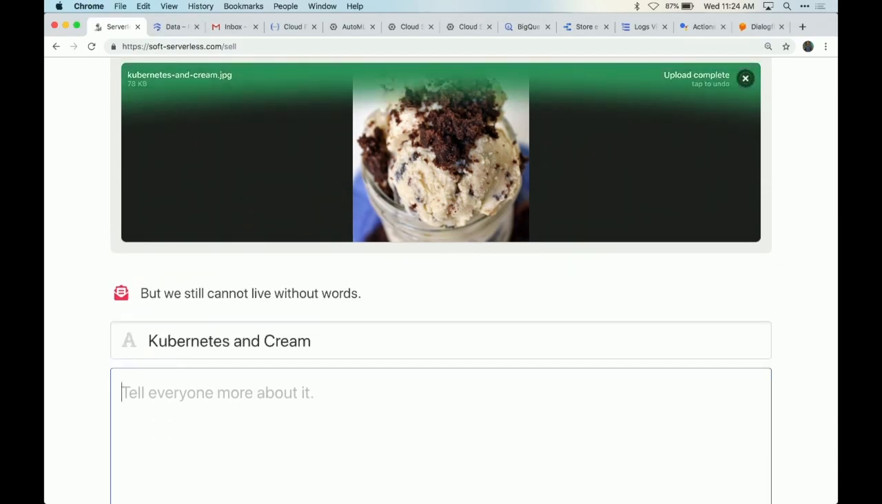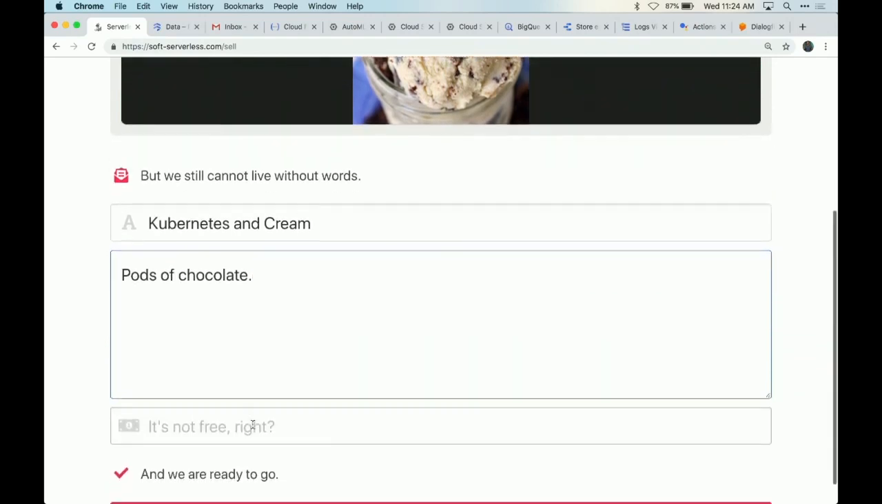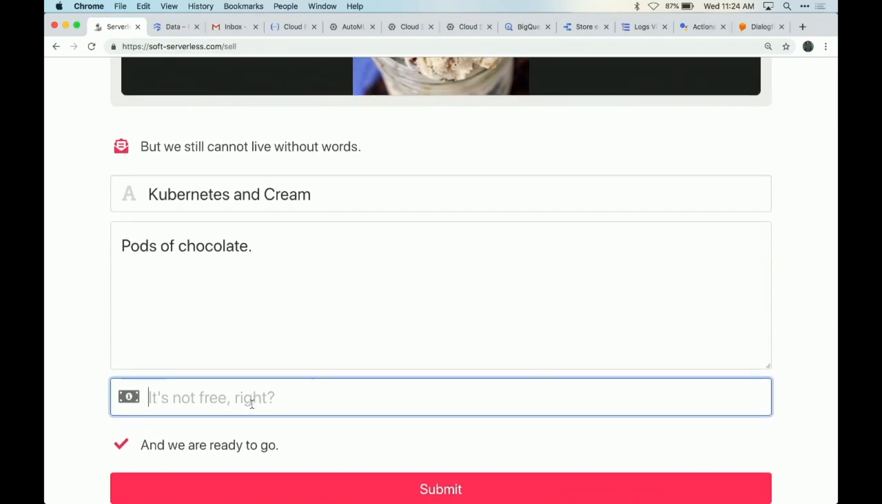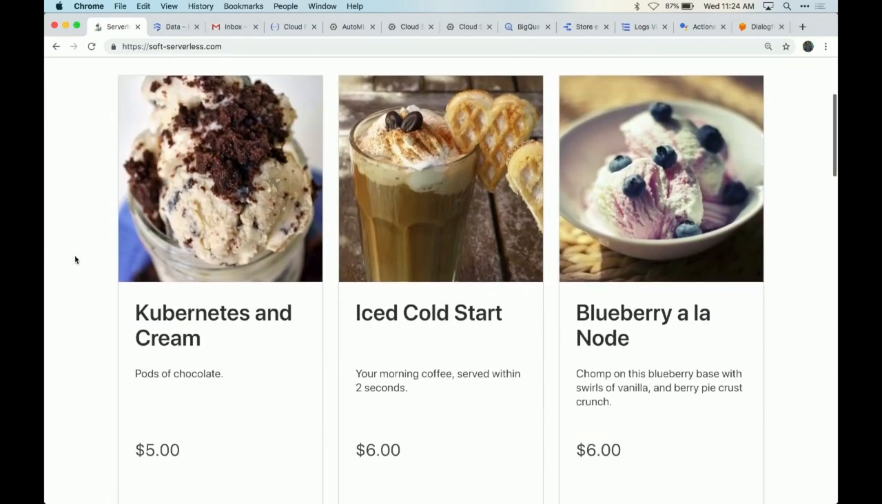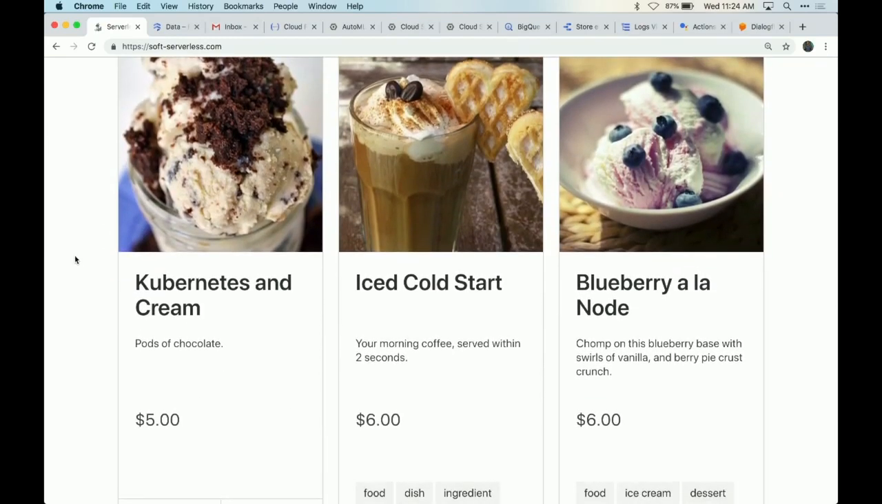You can really taste the Kubernetes. Pods of chocolate. That's a little Kubernetes joke for you there. And that's going to be $5. And submit. All right, so going back to the synchronous versus asynchronous, you can see right away Kubernetes and cream showed up,